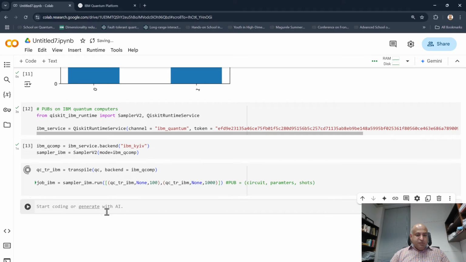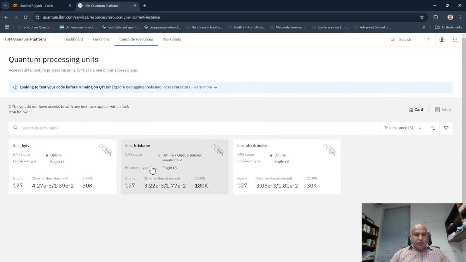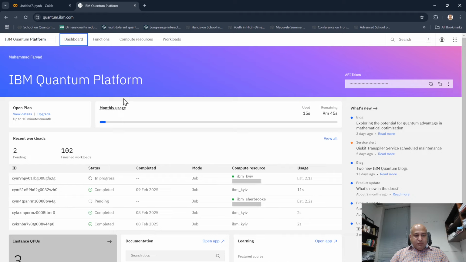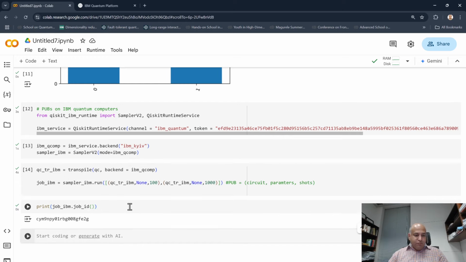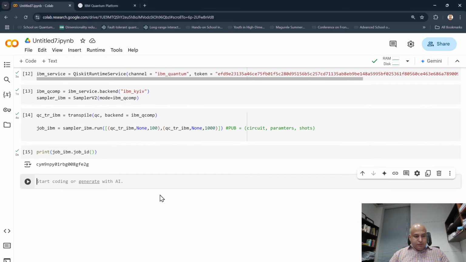So now the job is submitted to IBM quantum computer, and I can come back to the dashboard and see that there's a job that is already here, and I can actually print this job ID right in my file as well. So let's print job underscore IBM dot job ID. So this is the job ID that has been running over there, and I can access those results